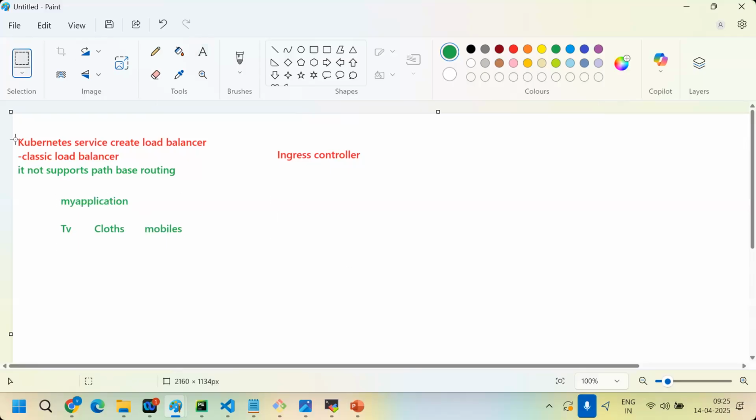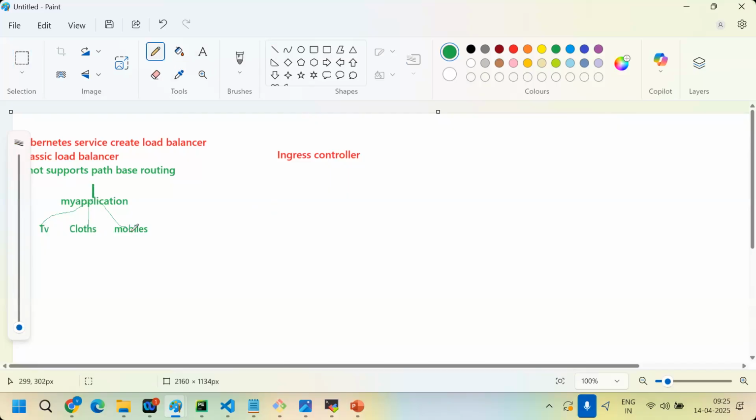In this case, the request is going to the load balancer. Here you need to create a separate load balancer for TVs, a separate load balancer for clothing, and a separate load balancer for mobiles. In general, you have to create them.